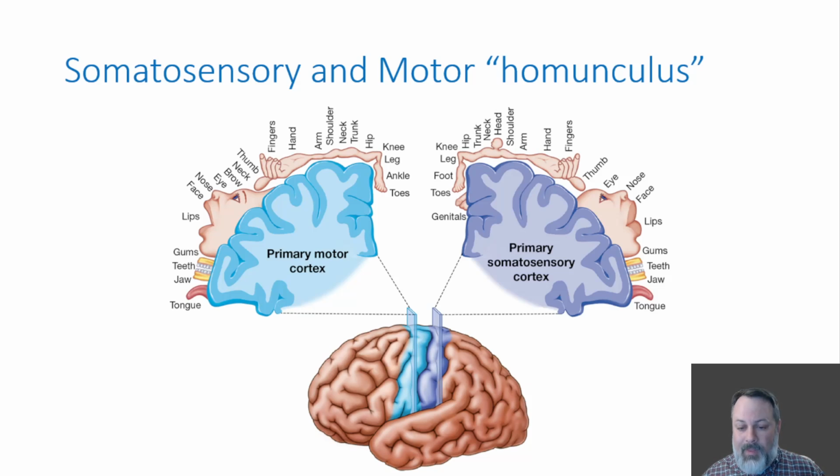And then you also have that on the touch. If I touch something with my right finger, then on the left-hand side there is a specific part of the brain that is responsible for processing that touch,